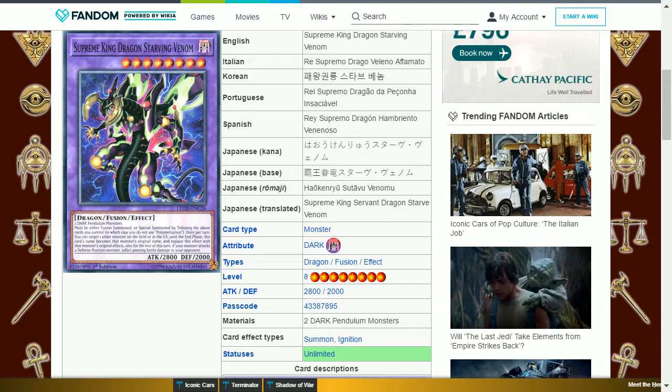Once per turn, you can target one other monster on the field or in the graveyard until the end phase. This card's name becomes that monster's original name, and replace this effect with that monster's original effects. Also, for the rest of this turn, if your monster attacks a defense position monster, inflict piercing battle damage to